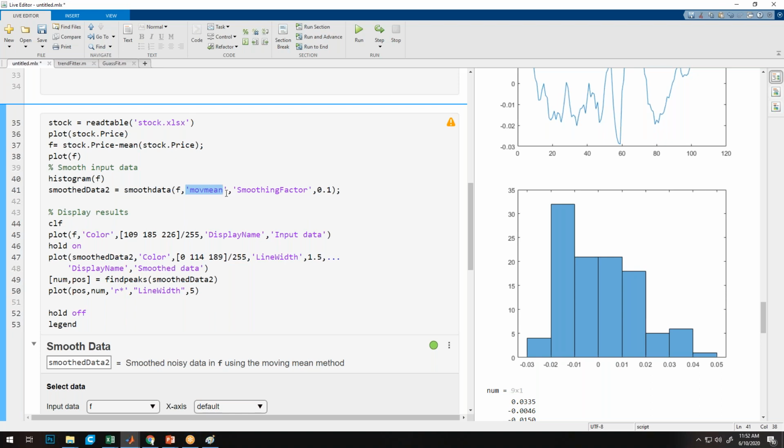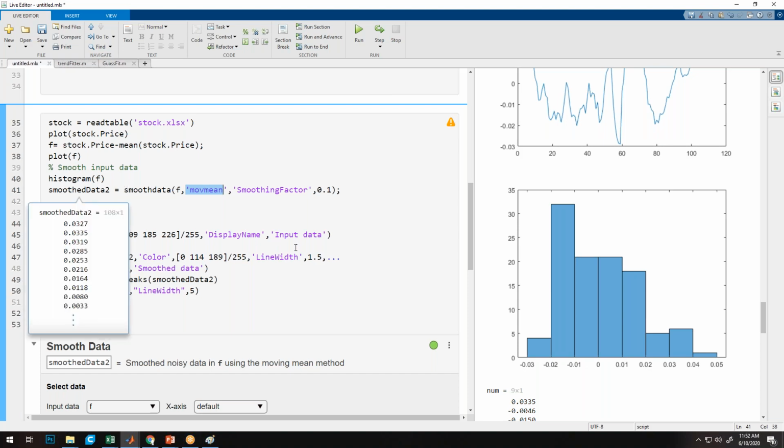One is the moving mean method, in which we calculate the mean of whatever number we have specified, say 10. It will take the mean of every 10 interval and keep going in a cascading way until the end. But smooth to what factor? That is 10%. Only 10% of the data will be suppressed. So this way, it generates the entire data and puts it into this function.